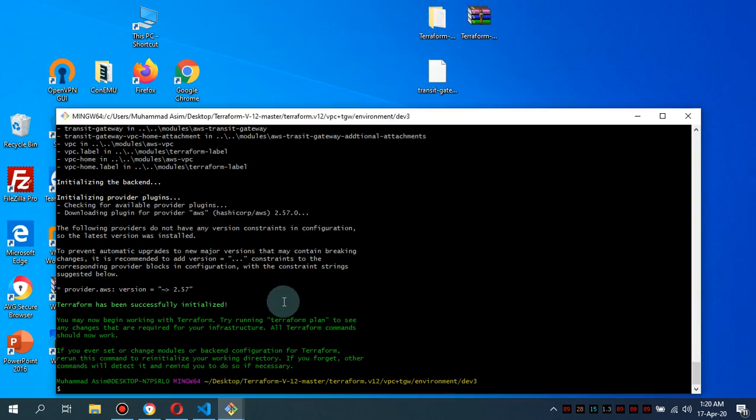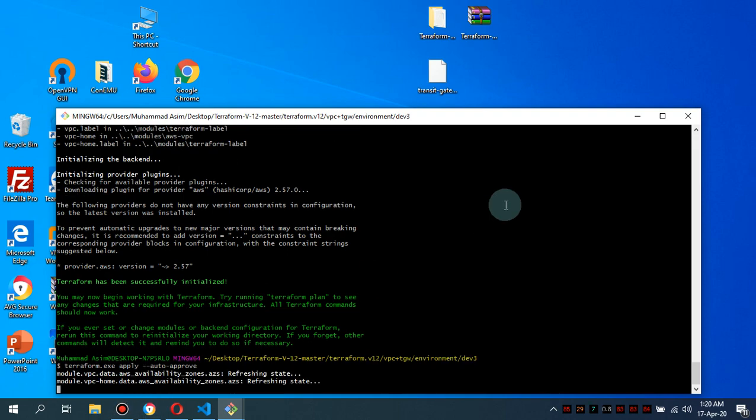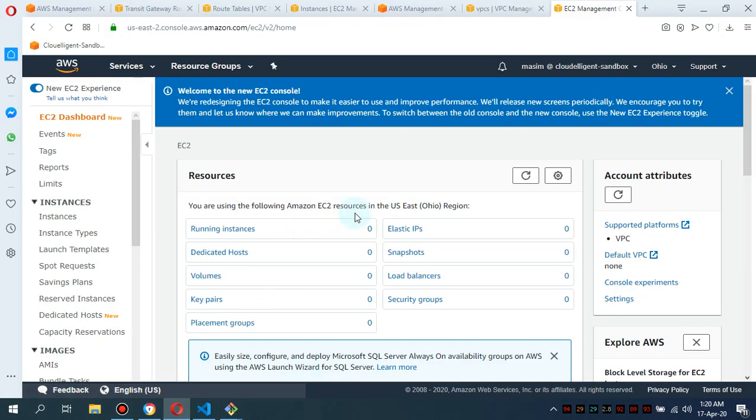So guys, the relevant plugins are downloaded, and I'm gonna use the same command, terraform apply --auto-approve. So what it does, as I told you, is set up the same environment but with different CIDR ranges. One thing with regard to the transit gateway, you should be very careful that your